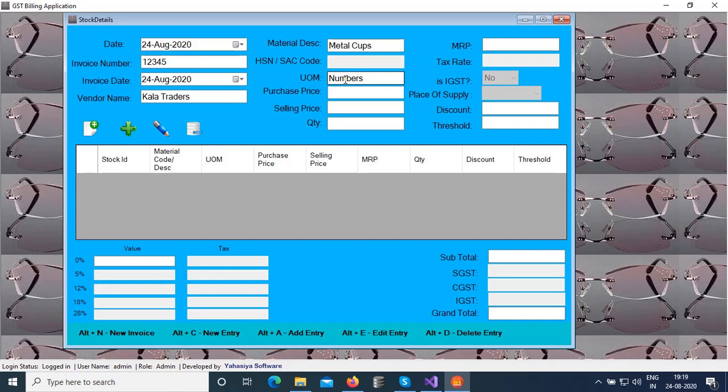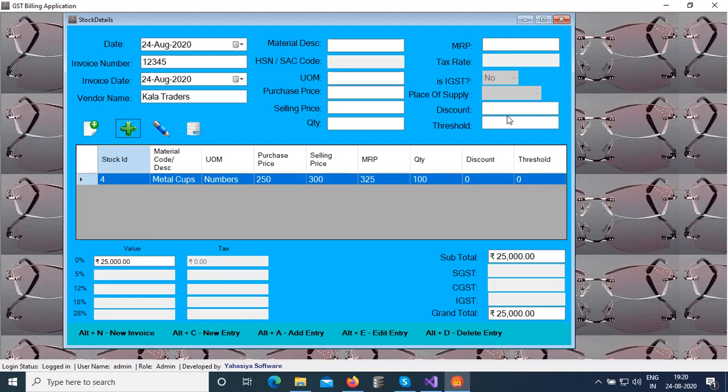Purchase price 250, selling price 300, quantity we have some 100, MRP is 325. Here the HSN code is disabled. Similarly, after MRP it will come to discount. Then threshold, we're not going to set the threshold as of now. Then you add the stock. So the stock is now added to the system.